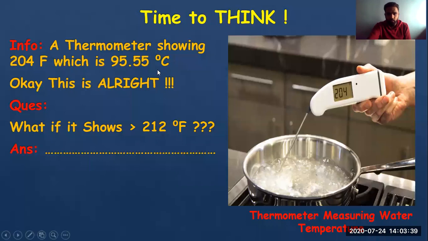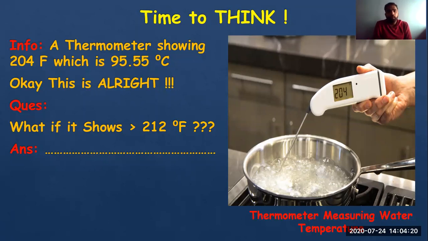Okay, I'll just unmute. Instrument is not proper, Arsalan Dakhani is saying. Okay, anyone else who wants to contribute via voice chat can contribute via voice also. Okay, there is some fault in the instrument. Okay, that we know. Why do you say that there is some fault? How can you be so sure if it is exceeding 212 degrees Fahrenheit? Why are you so sure that there is some error in the instrument? Anyone? If you want to respond, you can respond in the chat also, or in the voice also.